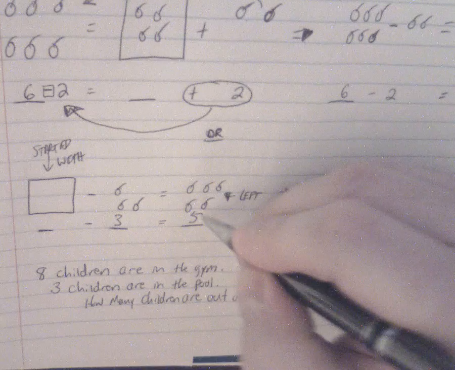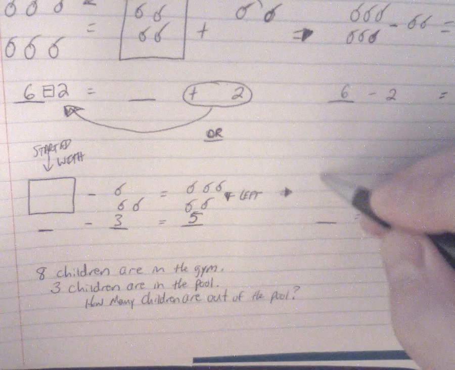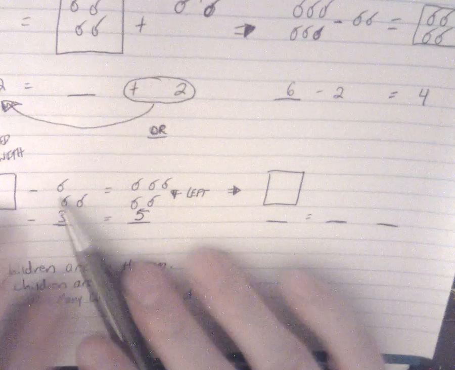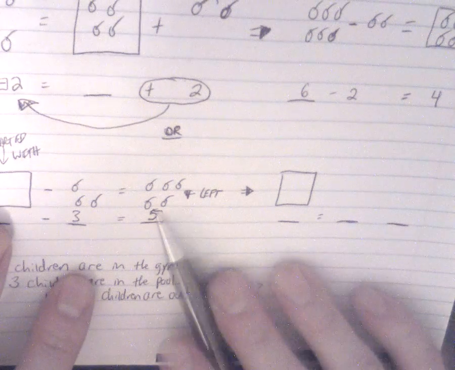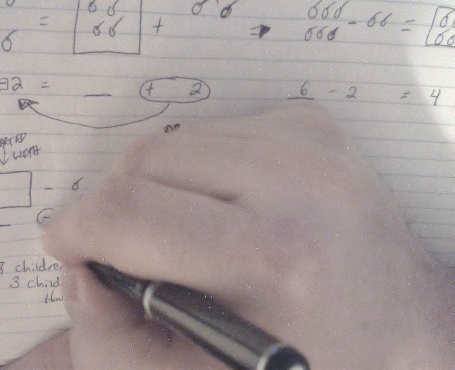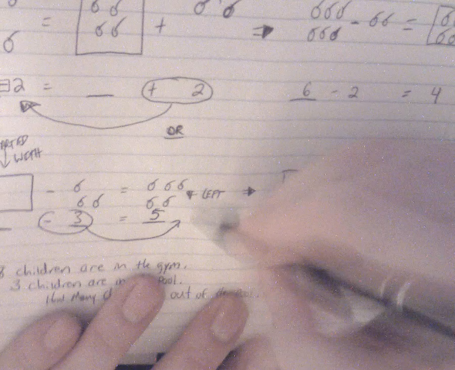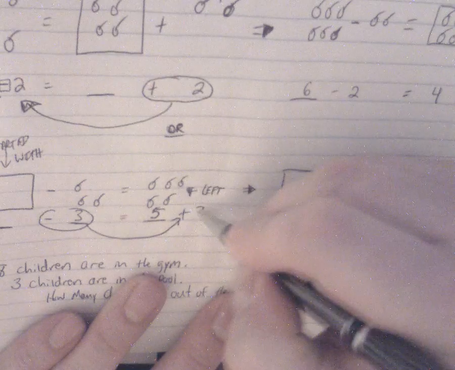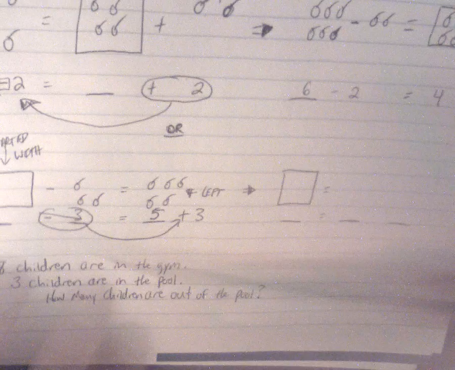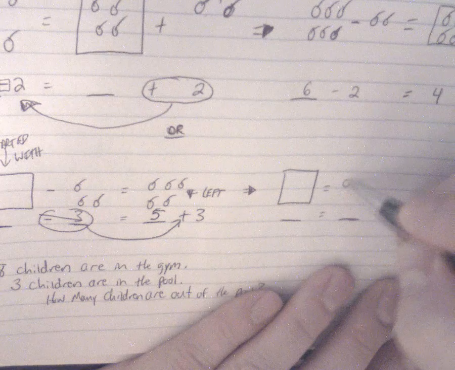Now, this is where it becomes pretty easy to see kind of my system that I just showed you. So I have the box. So what I'm doing is I'm moving it over. So we have this equation. I have the box, and it equals. And so what I'm going to do is I'm going to take this. I'm going to move it across, and it's going to become plus 3. Okay, so I got my box. This is now gone. And I've got my box, and it equals 5